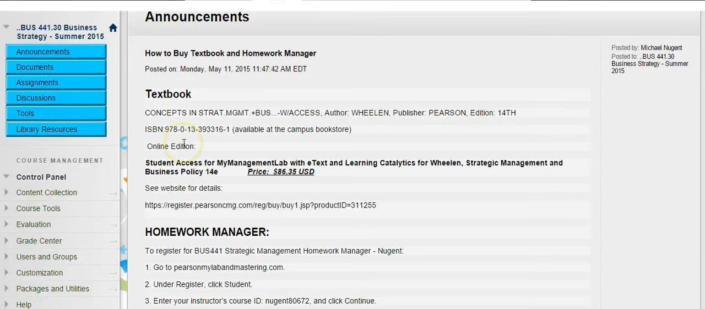Now, there are two ways that I suggest buying the textbook. You could buy it from the campus bookstore, or you can buy it directly online. And if you buy it online, it's an online text with the My Management Lab access code. So together, the My Management Lab and the e-text will be $86 if you purchase it from their website. And I have put the link here if you want to look at that particular offer. And if you're not one who likes an online textbook, you can go to the campus bookstore and buy the physical book, which should also come with the homework management access code card,